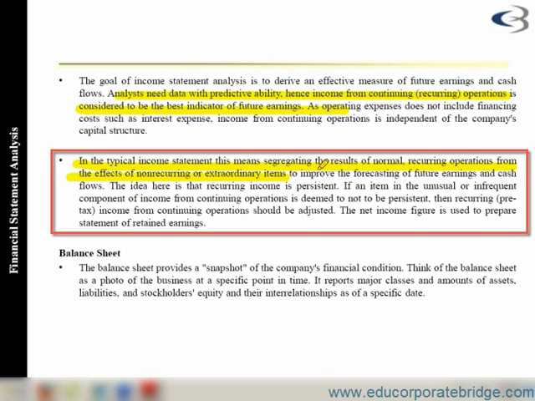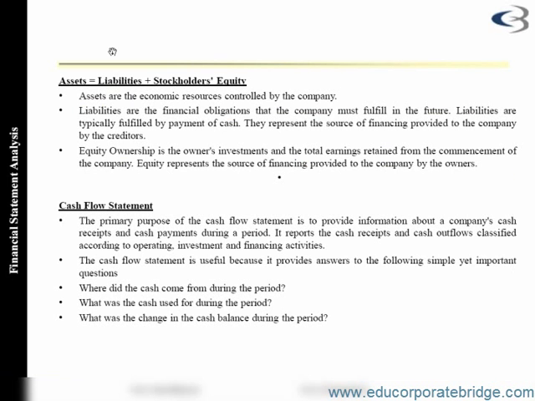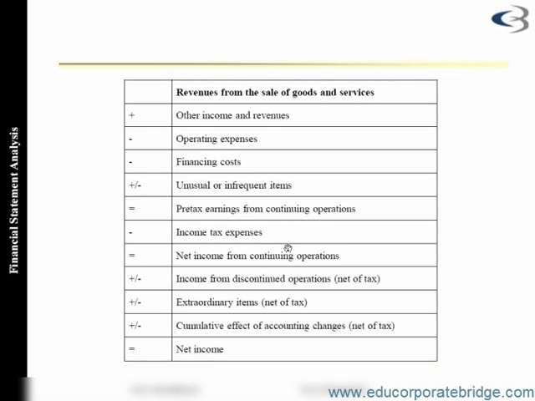Non-recurring items are those items which are one-off. I don't sell my office furniture on a daily basis. I sell goods or services on a daily basis. If I'm running an entity, office furniture is sold once in 6 years, or might be once in 4 years. It's a one-off event. So profit or loss which I'm earning by selling office furniture is shown as a separate item. That is the reason, if you see the last slide, unusual or infrequent item is shown separately.